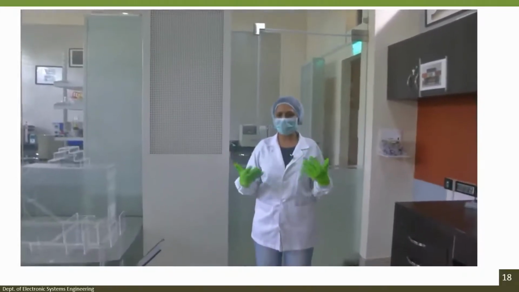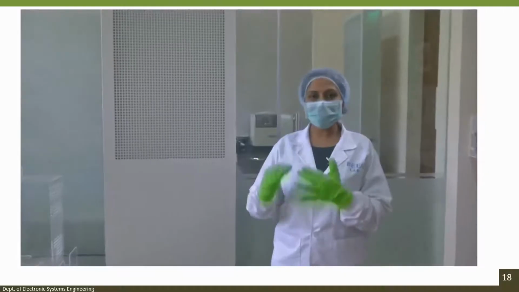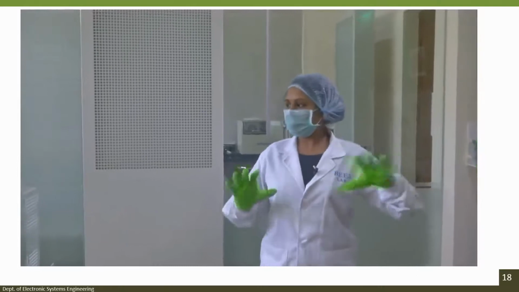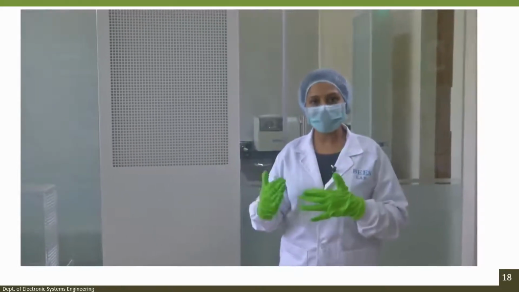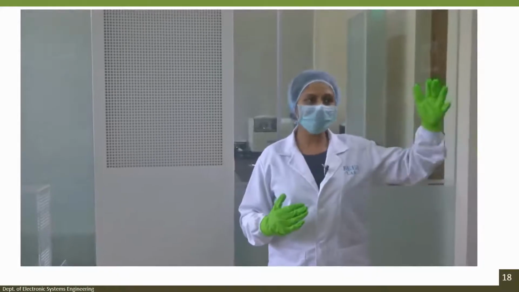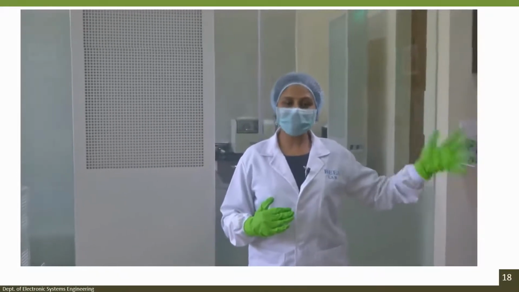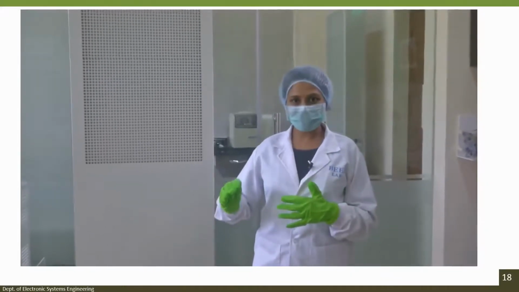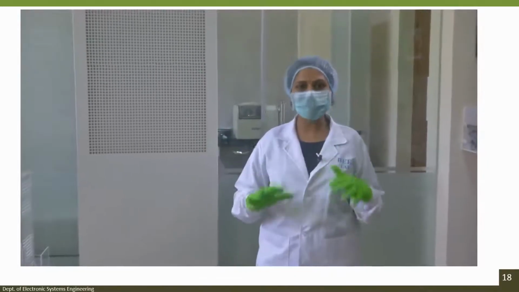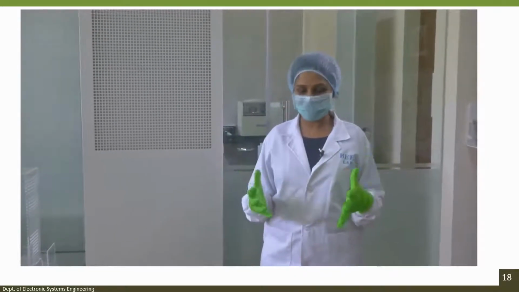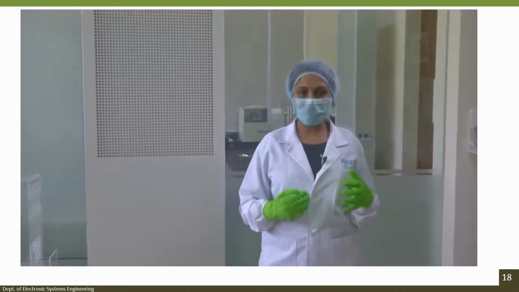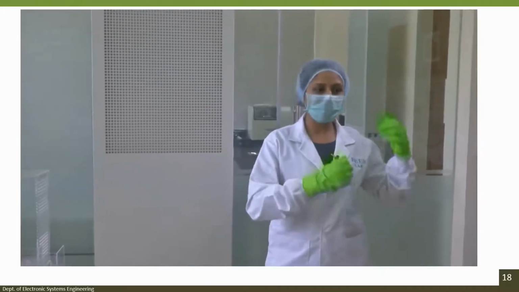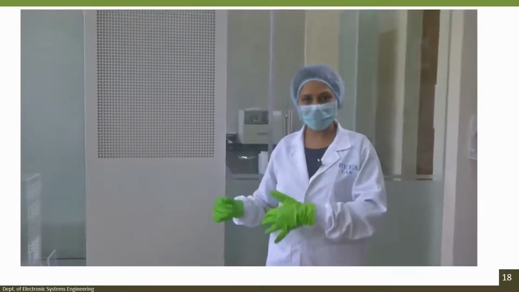So why do you need to have an environment which has slightly higher pressure compared to the atmospheric or the outside environment? This entire room is slightly at a higher pressure compared to the outside. Just when you go beyond the door, the pressure outside is completely different. It is lower compared to the pressure here. So we maintain this pressure using these HEPA filters, and the purpose of having higher pressure inside these rooms is just to avoid influx of air. You always know that air always flows from a higher pressure area to a lower pressure area.